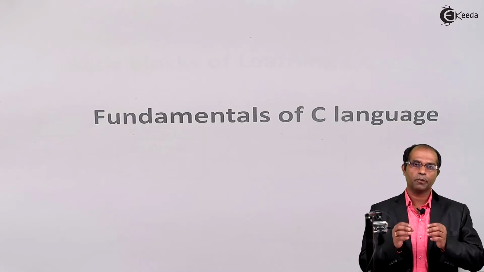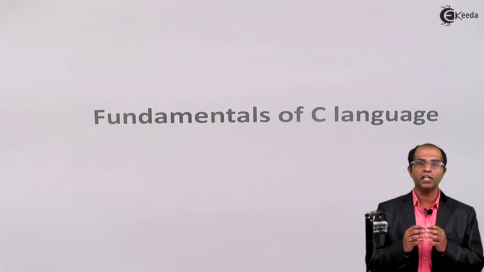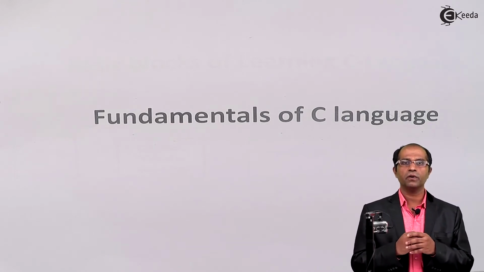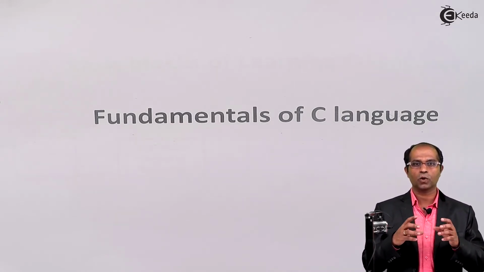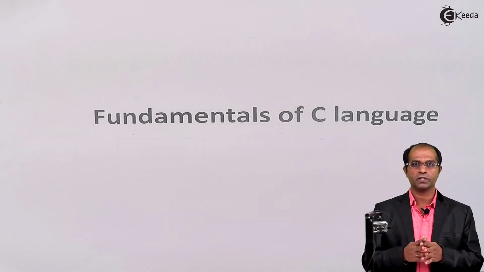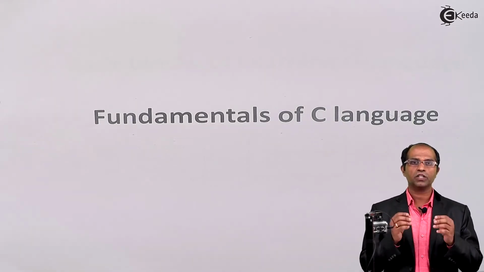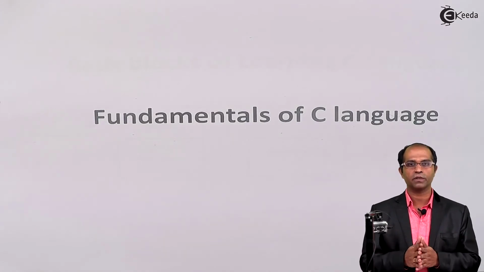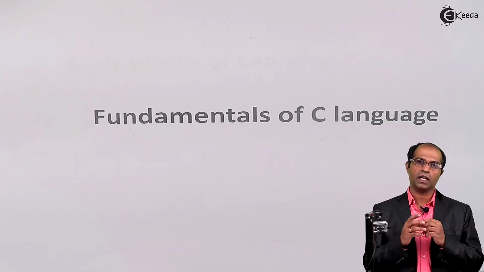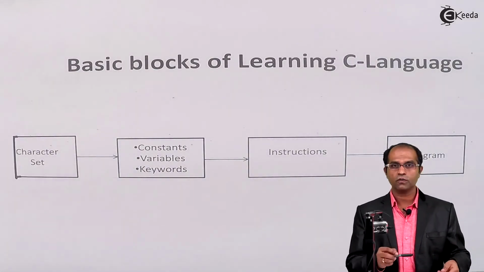Basically, a program is a simple mathematical task. That mathematical task needs to be implemented as per the rules of a language. In this session, we are going to see how exactly an entire program has to be written. Before we write a program, there has to be some basic learning process. A language has definite syntax, and we are supposed to learn the syntax of this language. Let's understand the basic blocks of learning the C language. These are the various blocks of learning C language.